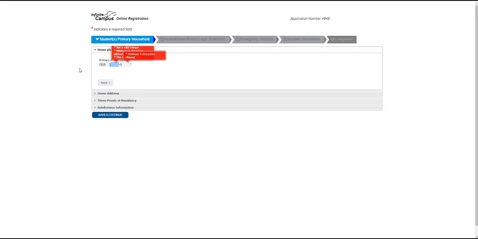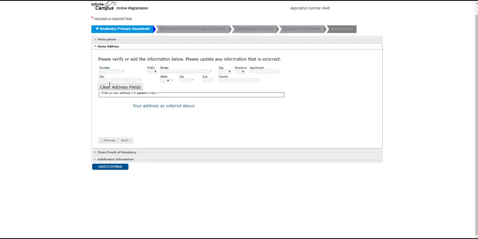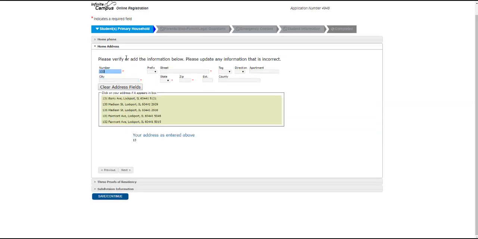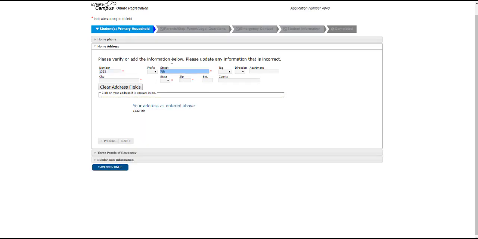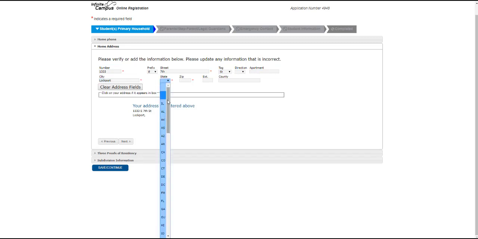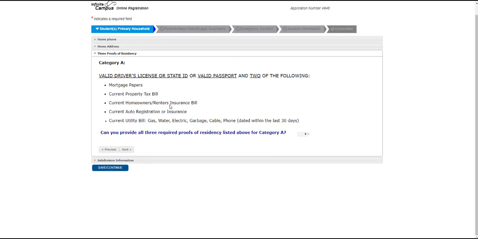You'll have to enter the home phone number and then press Next. You'll use the Next button to progress through this whole process. Enter in the number and the street address for where the current residence is, where the student and parent or guardian live. You need to make sure you complete any field with a red dot, as those are the required fields. Once your address is confirmed, you can press Next, and here is where we'll have to upload a few documents